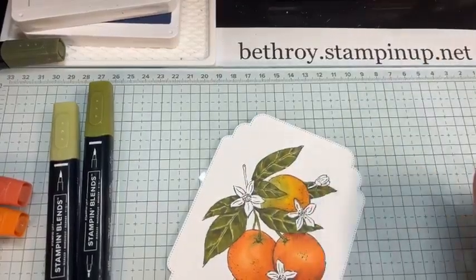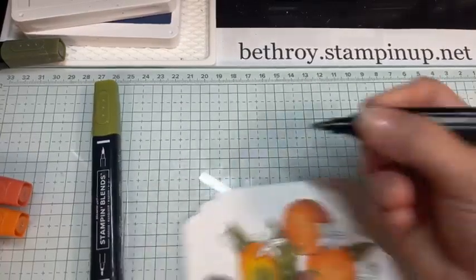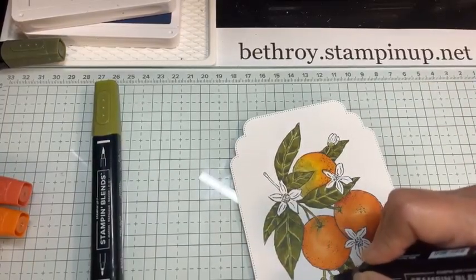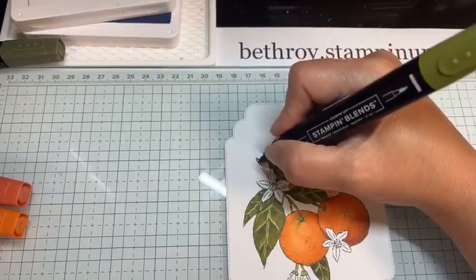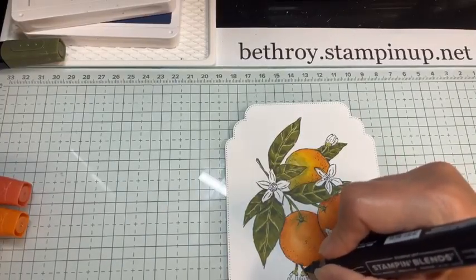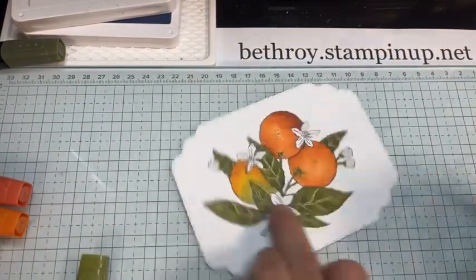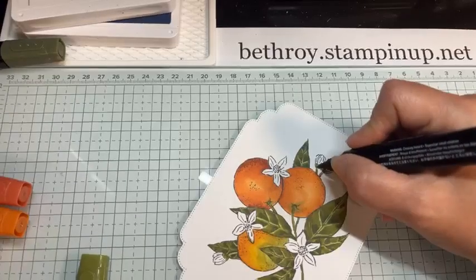So let me finish my stem here and my flowers, and then we'll vote on the background. What do you guys think? I'll look and see if there's anything else I feel like I need to adjust. Again, I'm sorry if I accidentally go out of the screen. Just let me know. I'm trying really hard to concentrate on that and make sure I don't